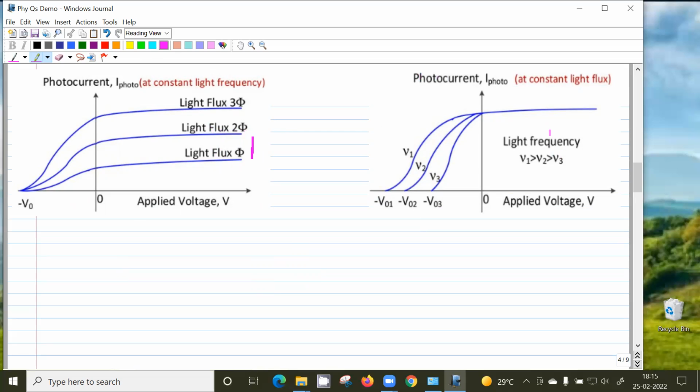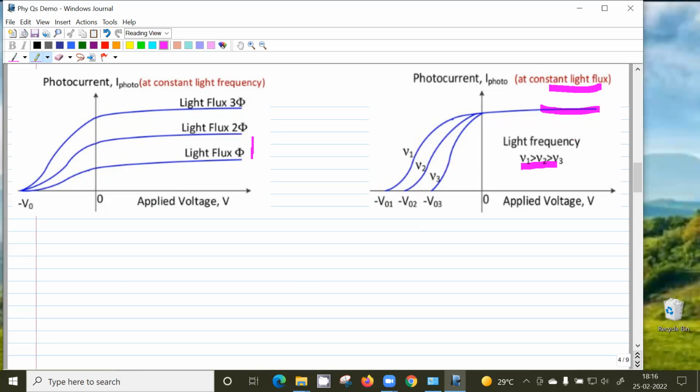Okay, but here in the second graph, the constant light flux, but the frequency is increased. And the saturation current depends on the number of electrons emitted, that is same as number of photons hitting it. So since the intensity of photons is fixed, irrespective of this increase in the frequency, the saturation value of the current is not changing, because the saturation value of current depends on the number of photons hitting the